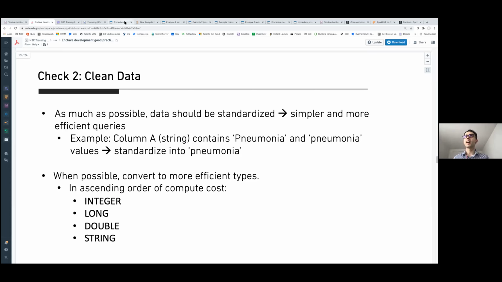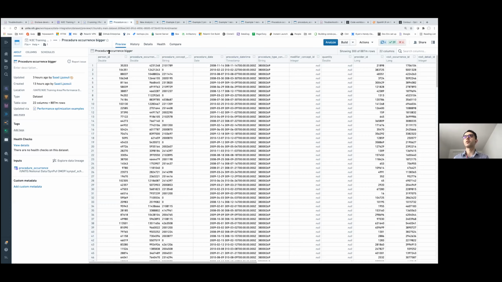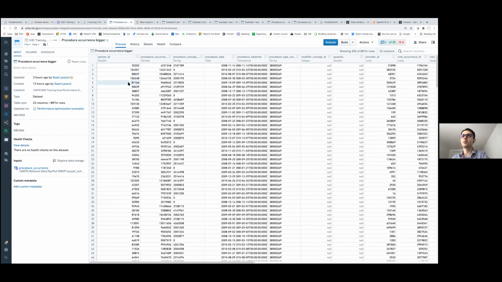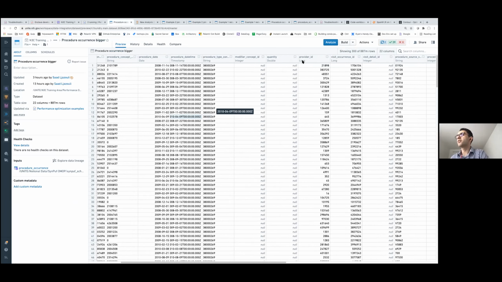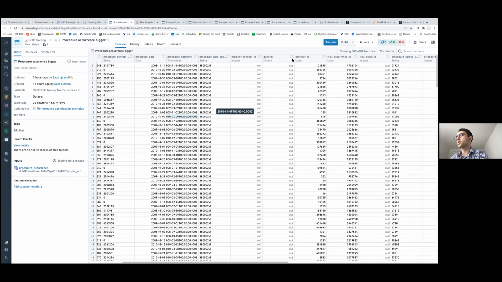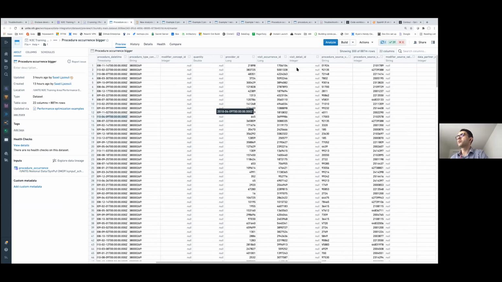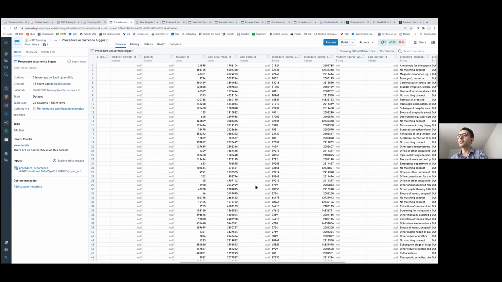So going back to my input data set here, procedure occurrence, I can see that there are some columns such as person ID, which is a double, which should essentially be an integer. Just trying to find other examples where, for example, procedure source value, we could cast it into an integer instead of a string, and that will help performance a lot.